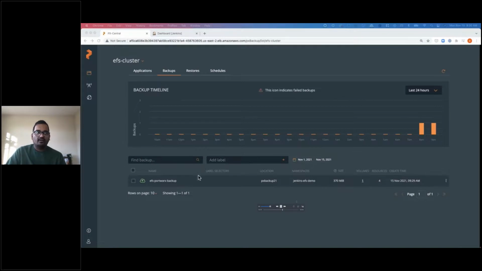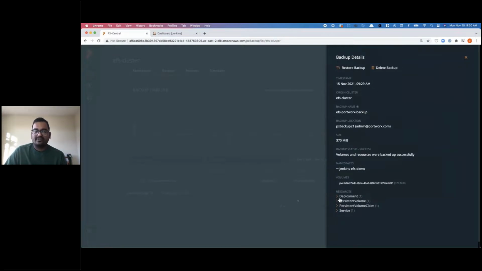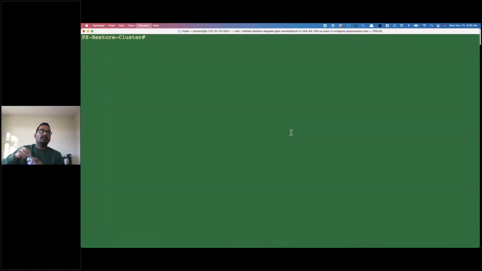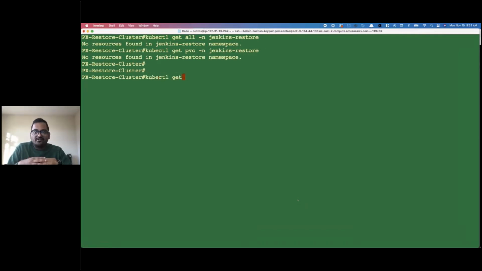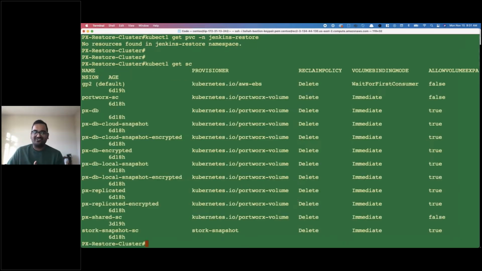So we'll navigate to the UI, select the backup job that we want to restore from. Before that, let's look at the details. We look at deployments, persistent volume claims, everything that was protected as part of this backup operation. And then, I have my secondary cluster, just have a different background for it, so it's easy to differentiate. Jenkins restore is a namespace that I've created for the restore operation. As you can see, we don't have any resources, so I didn't have a Jenkins app already ready to go in the oven. We'll perform a fresh restore operation, and as part of the restore, we'll also change the storage